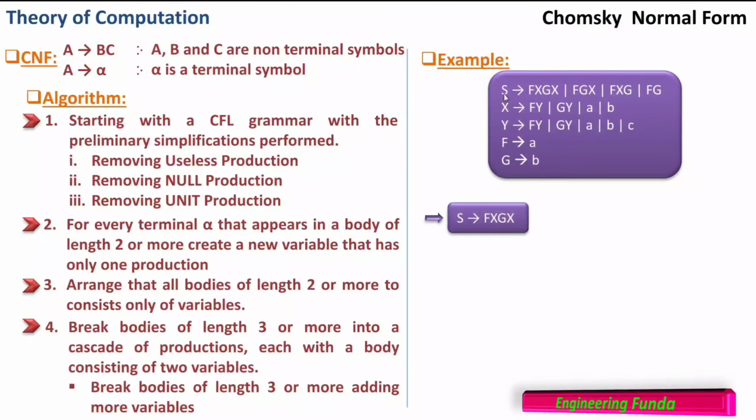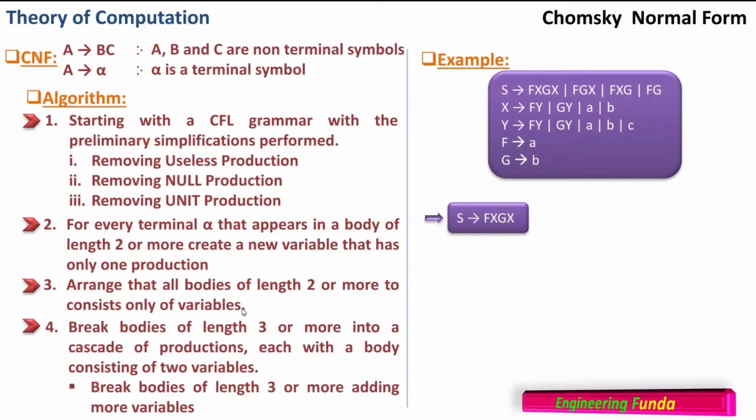So we are using this production S tends to FXGX. Now what does this say? We have to take the productions of length 3 or more. Because of length 2, this S tends to FG is already in CNF, so we should not focus on this. Instead, if we focus on this, we will do something wrong with the grammar. What we have to do is look at the productions having a length of 3 or more on the right hand side, and minimize those.